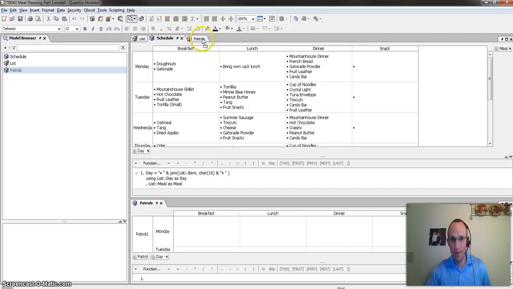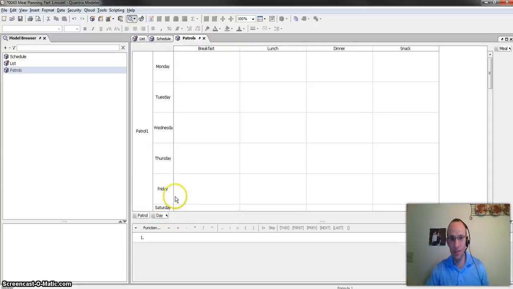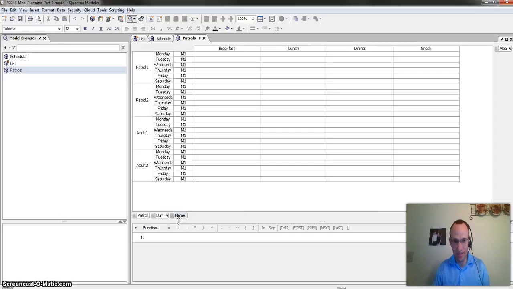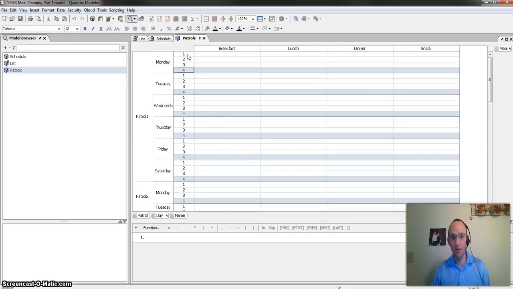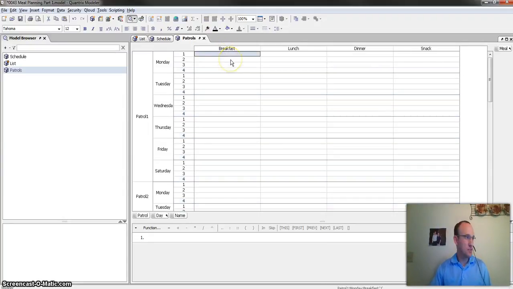And once I do that, I'm then going to add another item here, because I think I actually deleted name, and I shouldn't have. And I'm going to say that this is name, okay? And we can just change this to 1, 2, 3, 4. I think at most we're going to have 5 within a patrol. And I'm going to say that in Patrol 1 on Monday, there's going to be Troy, Jackson, and Casey, okay? And I'm going to just pause the video and fill this out.